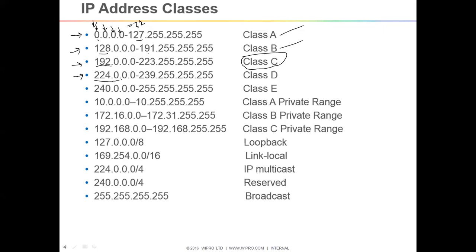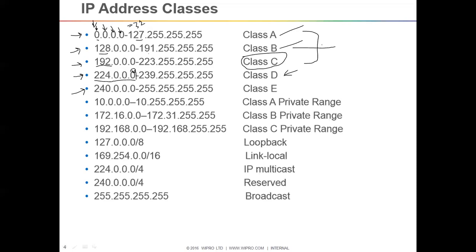You remember we saw the OSPF multicast addresses 224.0.0.5 and 6, for RIP version 2 it is 224.0.0.9, and similarly for EIGRP it is 224.0.0.something. So this is reserved for multicasting. You will not see the 224 range anywhere as a host address. The remaining range, 240 till the end, is also reserved. So whatever IP address you see in the world will be from class A, B, and C only.